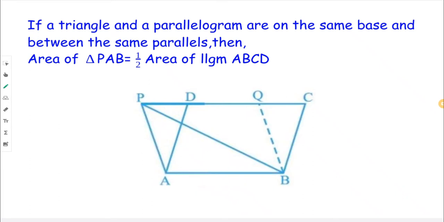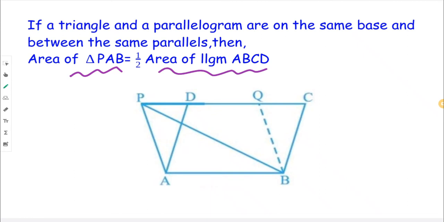Now when you look at the diagram, can you see that the triangle and the parallelogram have the same base? The base is AB. They share the same base AB, and also they have the same altitude, right? For a triangle, this is the altitude. For a parallelogram, this and this. You can see they share the same height, or they are between the same parallels. So whenever the question says that they have the same base and the same height or the same parallels,